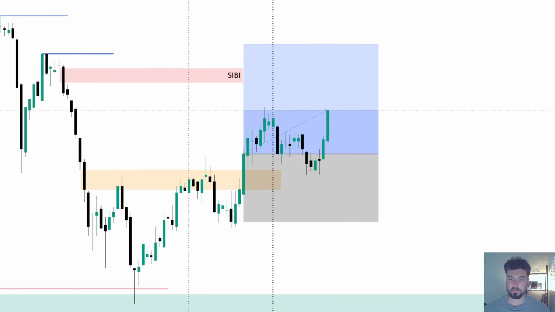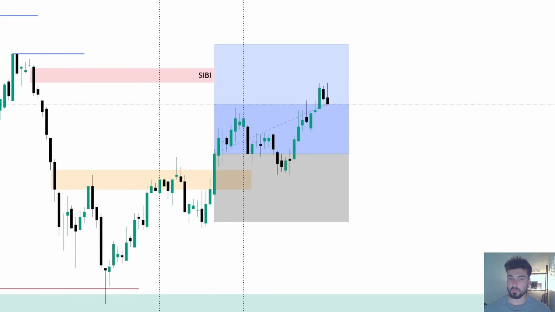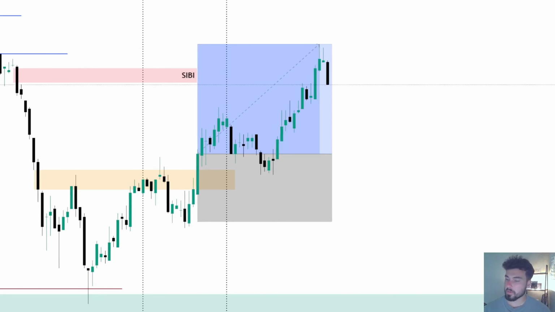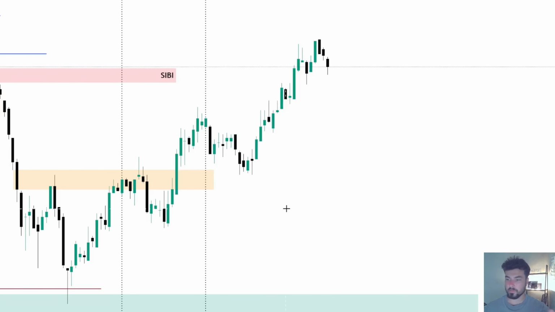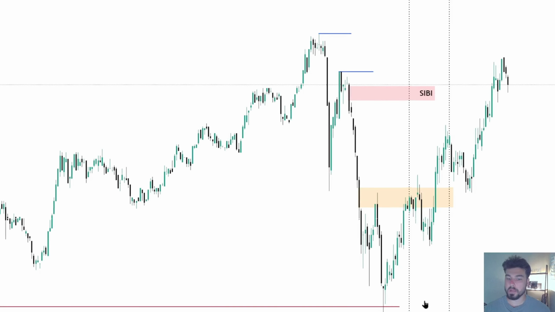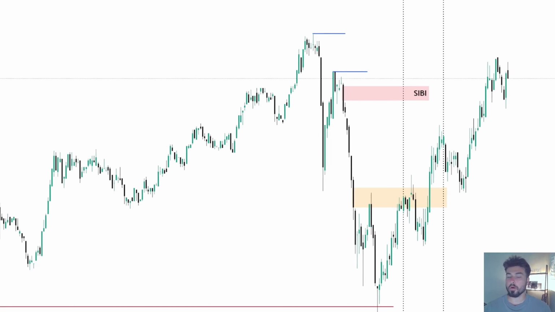I'm happy to take 10, 15 and then call it a day. If you like to hold runners, that's when we can look for external points. So as price begins to play out, we hit that TP, that's done. That's 17 handles, sufficient. But for those that like to hold runners, you might be curious then, okay, well, what